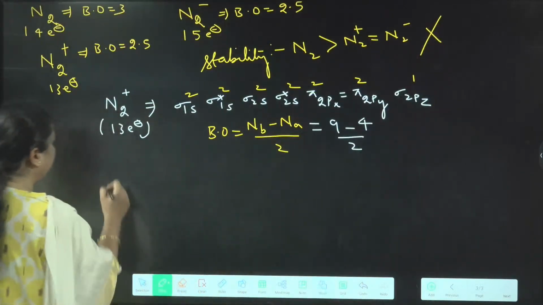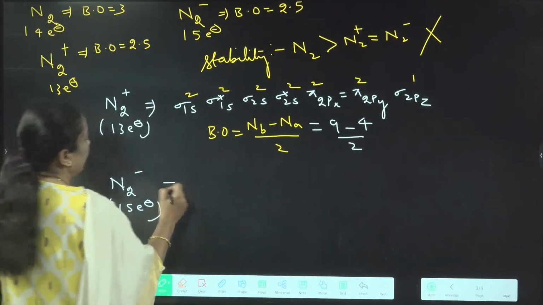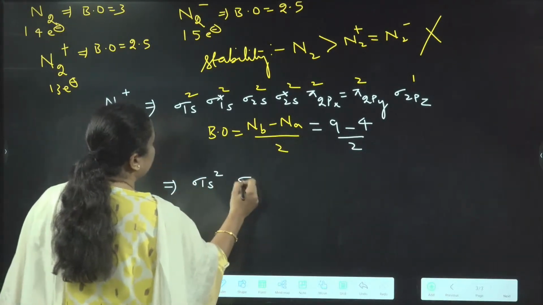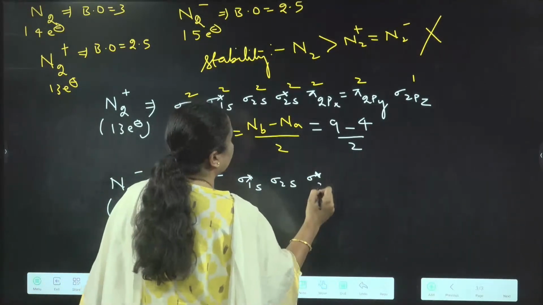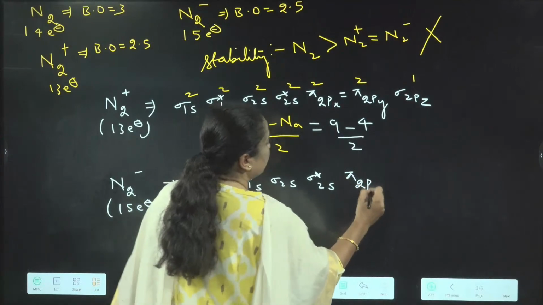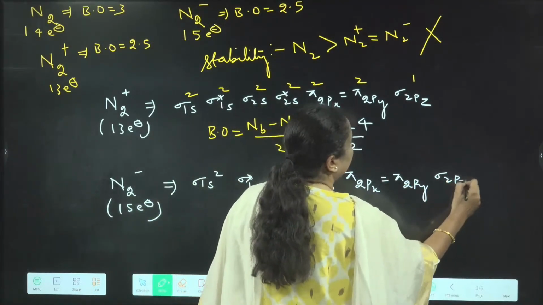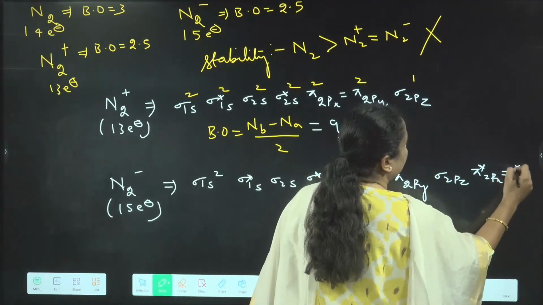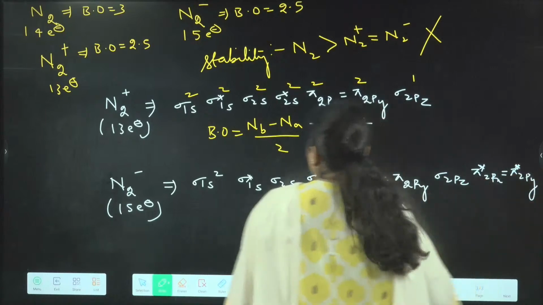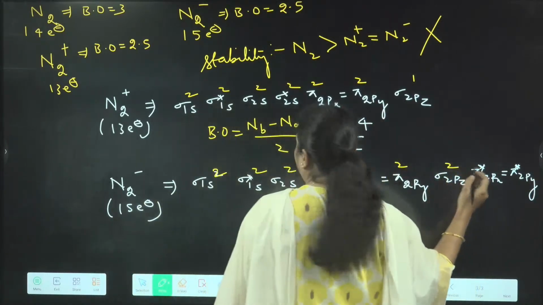Similarly, you go for writing N2 minus. N2 minus has 15 electrons. You are going to have sigma 1s2, sigma star 1s, sigma 2s, sigma star 2s, pi 2px equal to pi 2py, sigma 2pz, and then you have pi star 2px equal to pi star 2py. So basically 2 to 4, 5, 6, 7, 8, 9, 10, 11, 12, 13, 14, and you are having 1